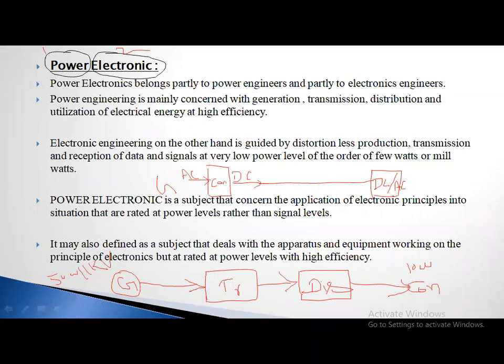in Chandrapur we have the generating station, and from that generating station we are transferring the power to Mumbai. Clear? Near about 700 to 800 kilometers. So we are converting AC to DC there, and then this DC is transferred, and again at Mumbai, on the distribution side, we are converting DC to AC again.